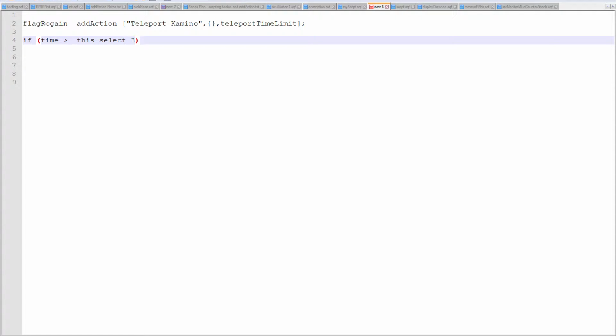Since we're only passing one and it's not an array, it's very simply this select 3, which we know is the teleport time limit. However, so then it's exitWith,